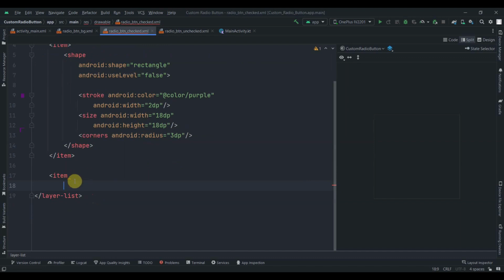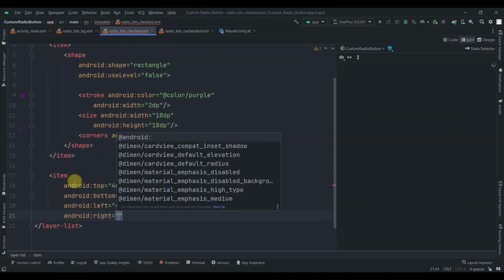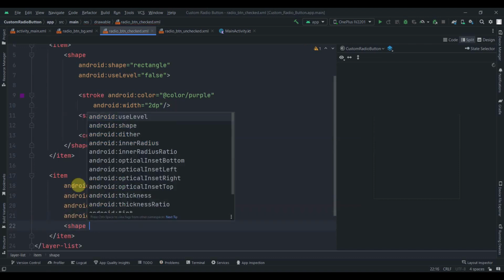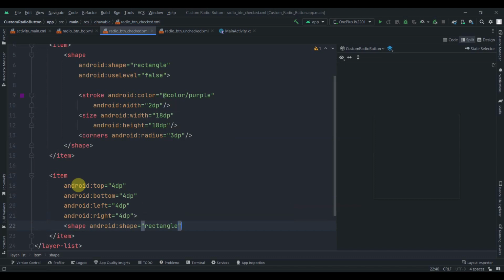Cool. So in the items we'll provide some margin, so from the top of, let's say, 4 dp, from bottom 4 dp, from left 4 dp, and from the right 4 dp, so 4 dp. Cool. And in this we'll have a shape, so shape will be rectangle, again rectangle, and use levels. We'll make it false,